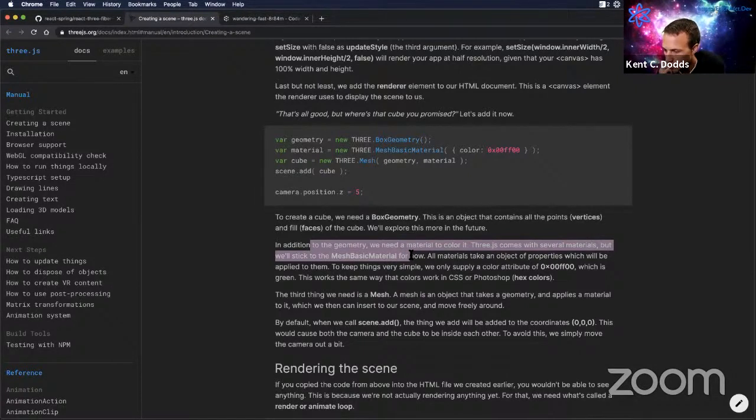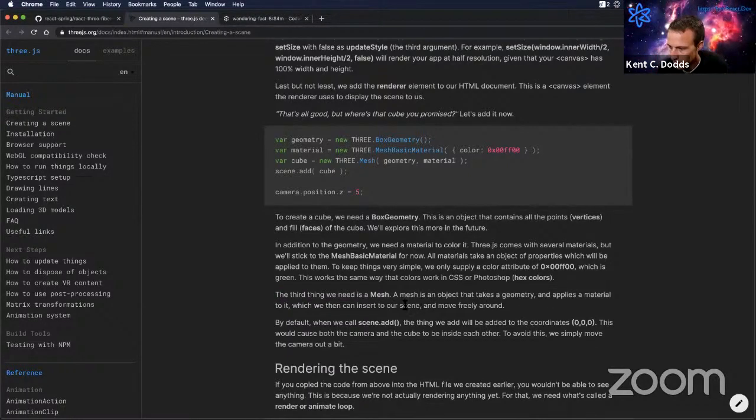It takes the options object. We'll just supply the color, which is green. Beautiful. Same way as CSS or Photoshop. These are hex colors. All right. The third is a mesh. Takes a geometry and applies a material to that geometry, which we can then insert into our scene and move